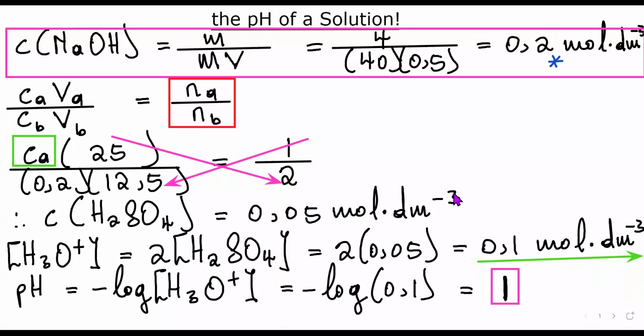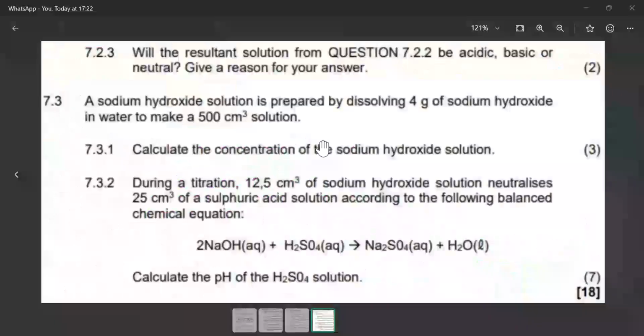You could have used the stoichiometric calculations, it's perfectly fine. But this formula was the easiest in business because we were dealing with a simple situation. Here the question was only asking for the pH of the acid, not the pH of the final solution. Very important to know the difference between those two. In the next example, we'll be looking at the pH of the final solution, and you'll get to see the difference between